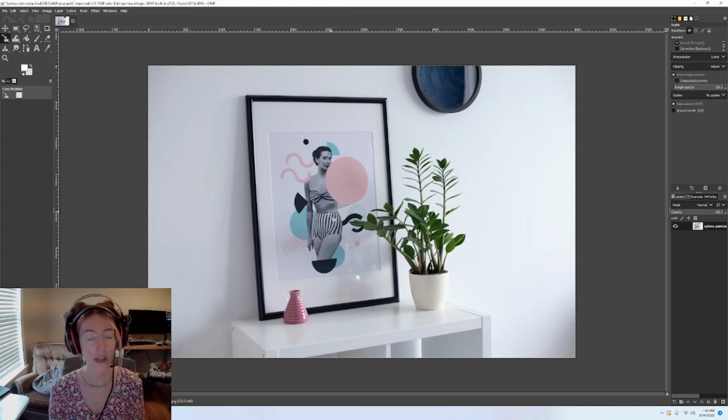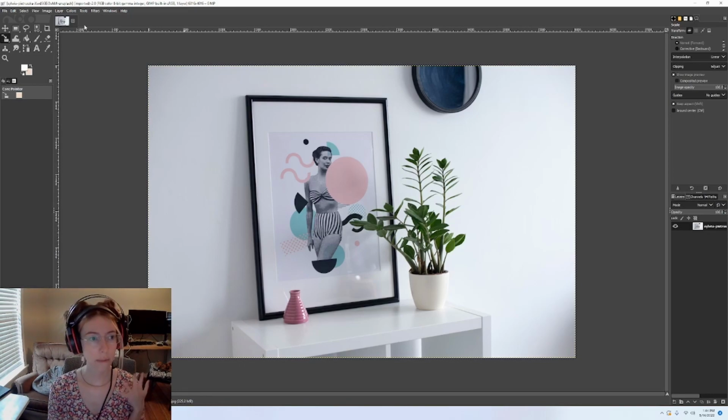It'll work great. Okay, so the first step is to remove the art, just like all the other tutorials I've done. We have to remove the art first, but we have a problem. There's something in the way. So what we're going to do is we are going to create a path around the art, and I will show you how to deal with the stuff in front of the art